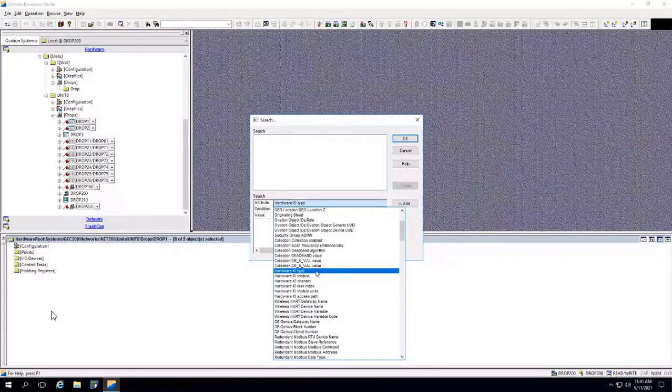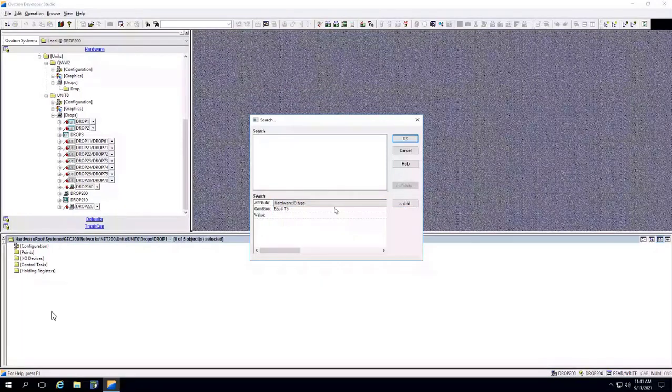So I selected hardware IO type in the very first option of the attribute and at the bottom there can be three types, Q line, Ovation and third party. Give me a yes if you can see these three options. Not yet.